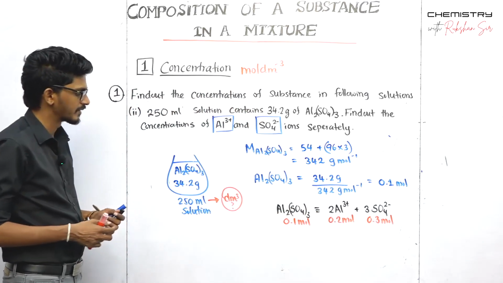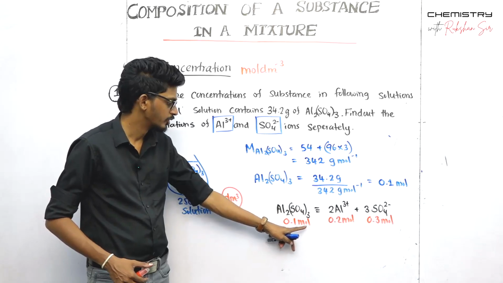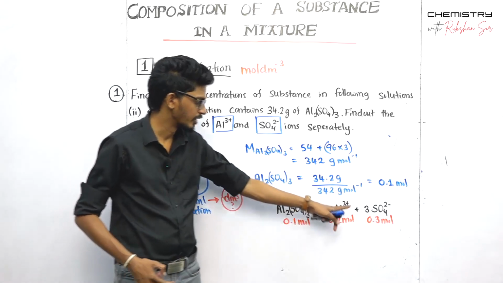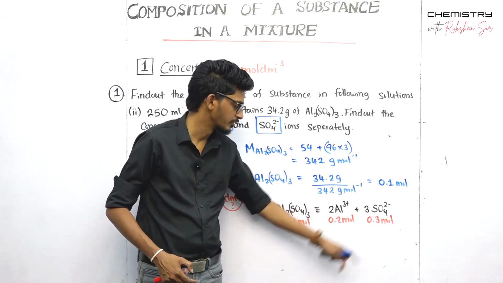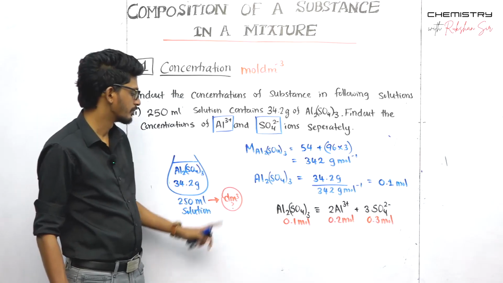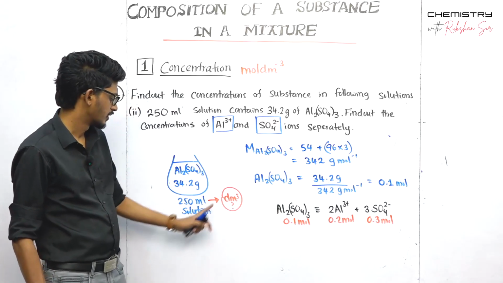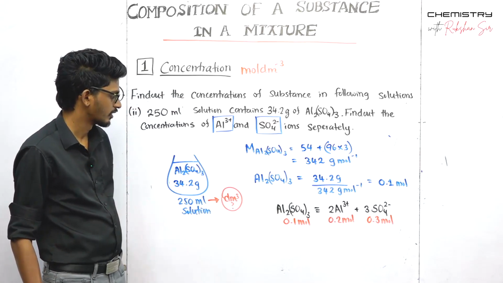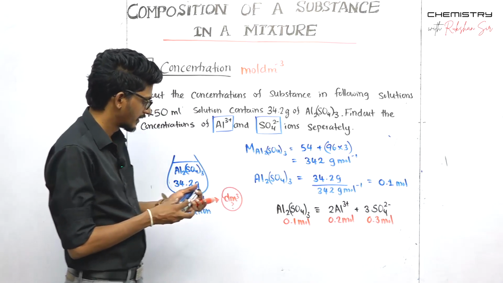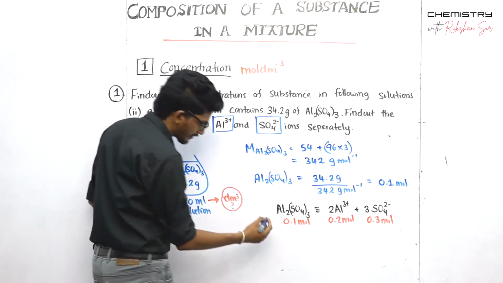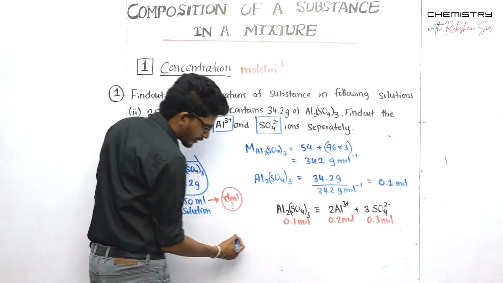Then as we know the number of moles of aluminum 3 plus as well as sulfate, we can use these values to come up with the mol dm^-3 values, right? So with the use of this, volume is given now. So let's come up with the concentration of the aluminum 3 plus here. So the concentration of aluminum 3 plus,